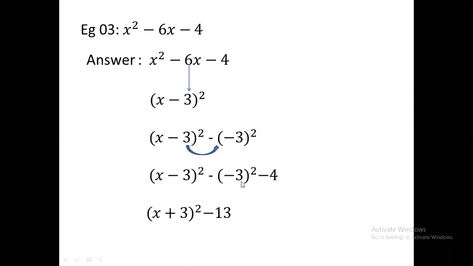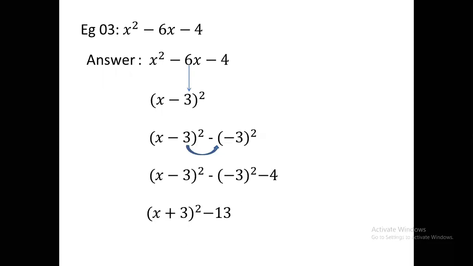Minus, into minus 3 whole thing squared. Then what do you get? Minus, then write the constant at the end. Minus 3 squared is plus 9. Minus plus 9 is minus 9. Minus 9 minus 4 is minus 13. Remember that whatever the value you get here, the sign in front is minus, because if you put plus 3 or minus 3, when you square it, it is plus, and with this minus it turns into minus. Okay, that is how you need to work out this question.